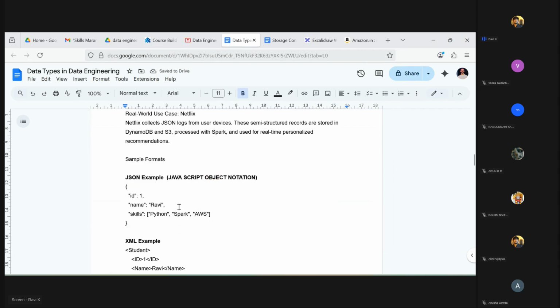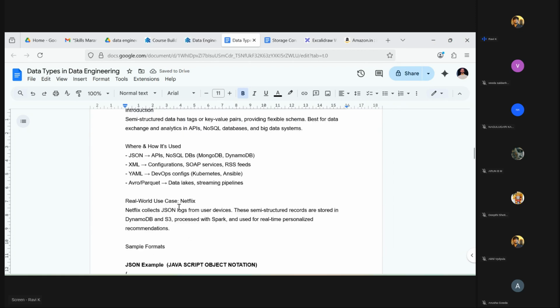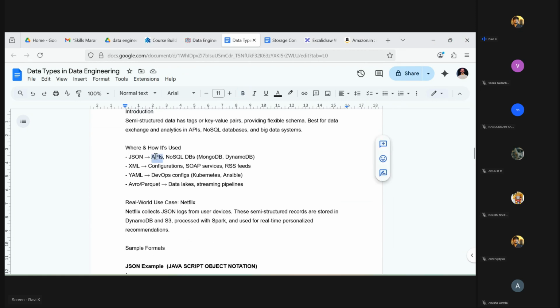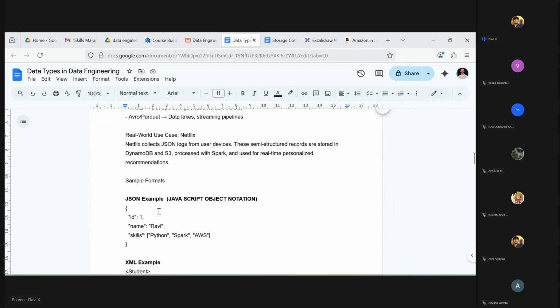This JSON we are going to use, in most cases, with APIs only. In your day-to-day life as a data engineer, you're going to create APIs or hit APIs because, let's say, sources like producers, data producers, are those who generate the data. They will put it into these APIs. Then if you hit these APIs, the data you receive will be in JSON format. You will receive this JSON and need to work with it and create the tables out of it.